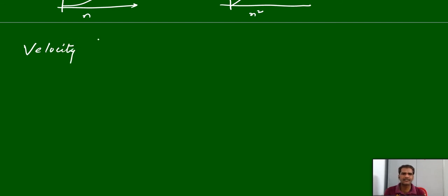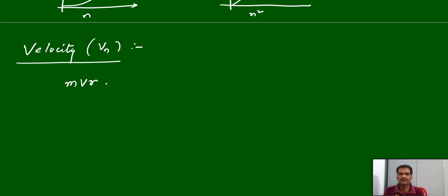Vn means the velocity of an electron revolving in a particular orbit, where n is the orbit number, that is, in which orbit it is revolving. Velocity calculations. Again, we know that